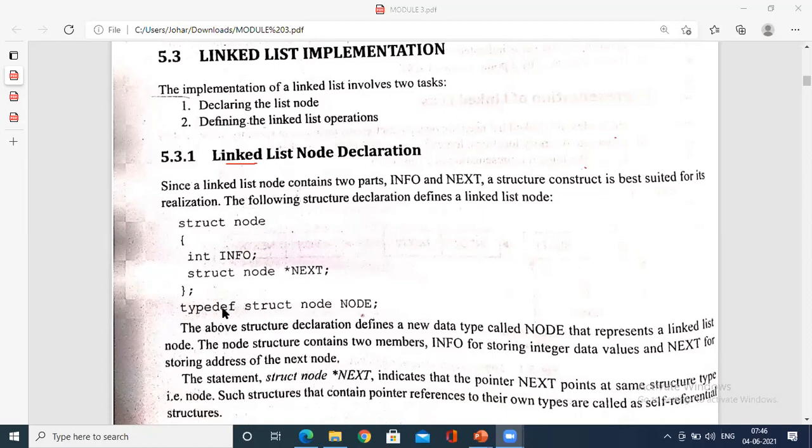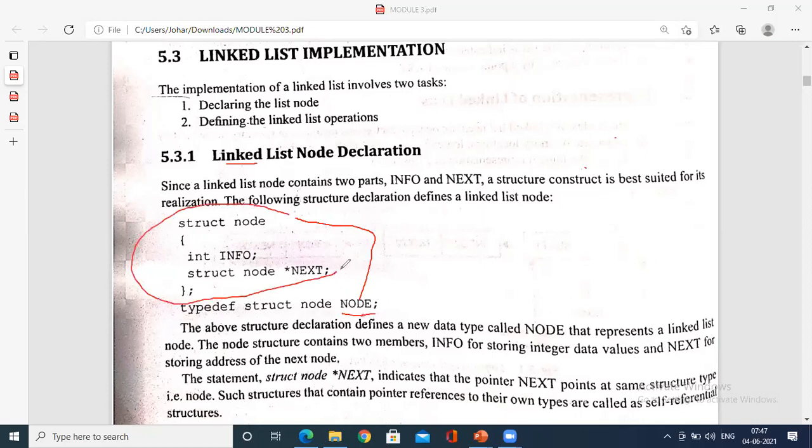You have studied structure and union, no? Same as that, for a linked list we use a declaration, struct node followed by the variables it consists of, information and address, and this is a short name of type struct node. So wherever you call node, it resembles the whole part.